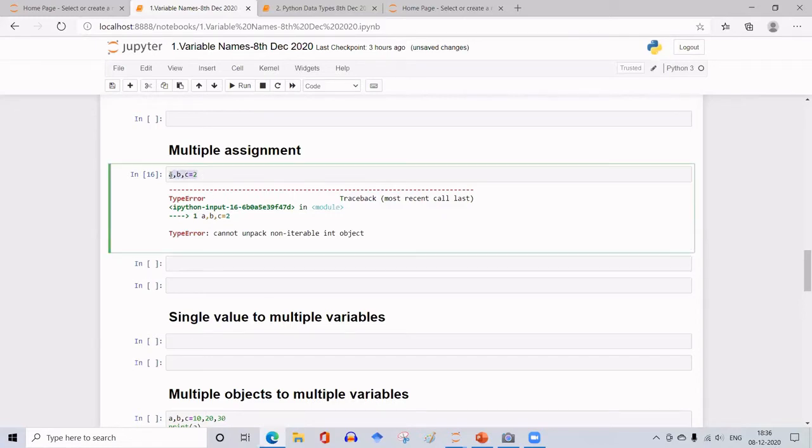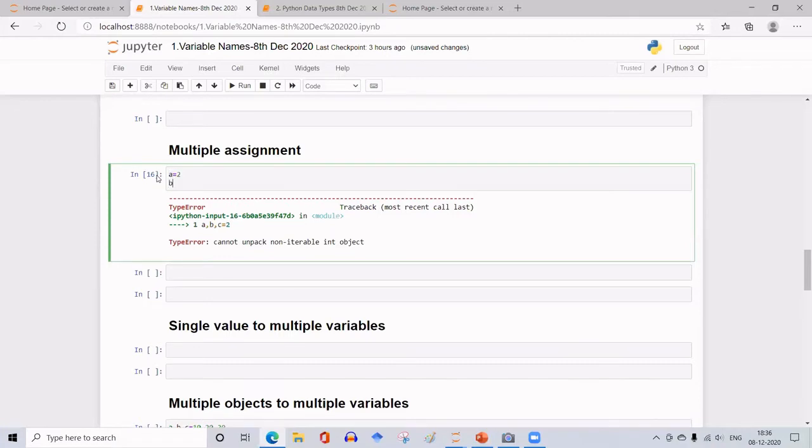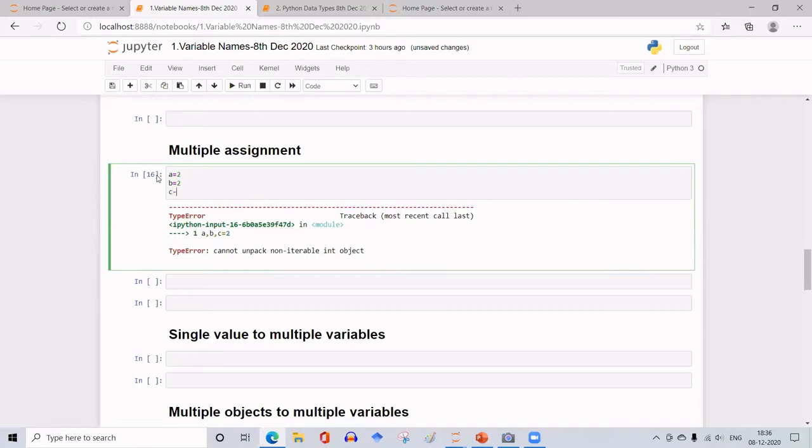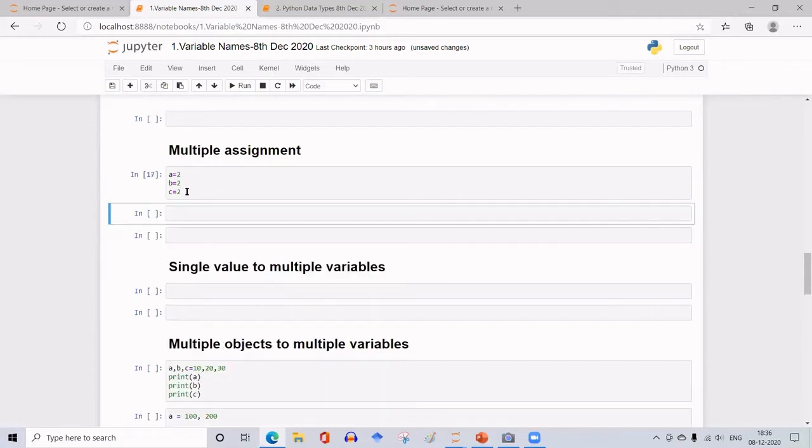Instead, A is equal to 2, B is equal to 2, and C is equal to 2. So now I have assigned the same data to 3 different variables. So this is possible because even though the data is in the same memory location, it is identified by 3 different names.